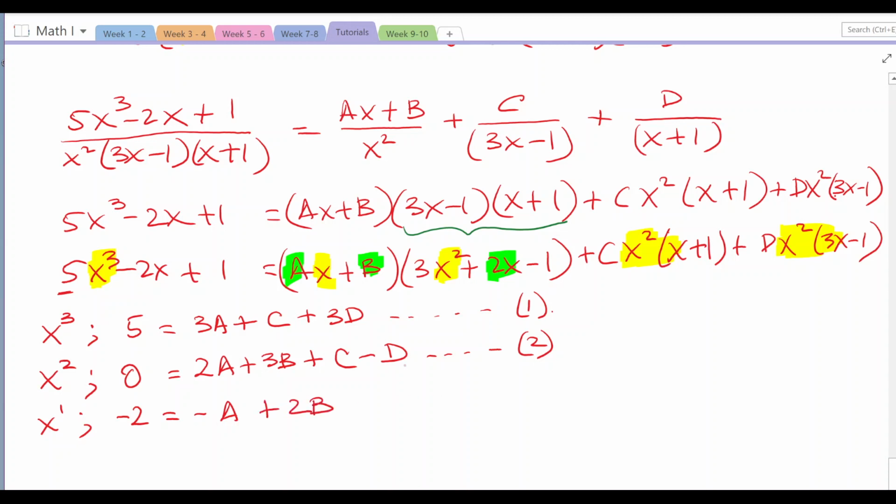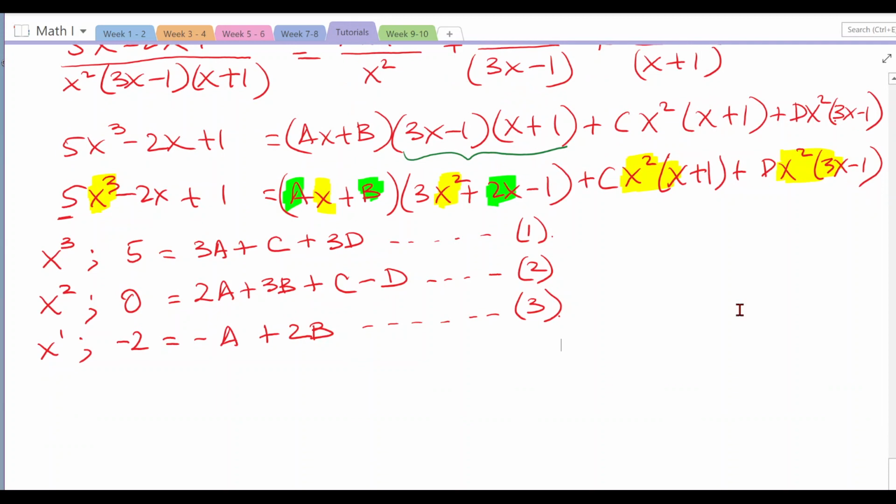And then for c, for x nothing, this cannot, and this cannot. For d, this one cannot, and this one also cannot. So nothing else, we have only that for equation 3, nothing on the c and d.